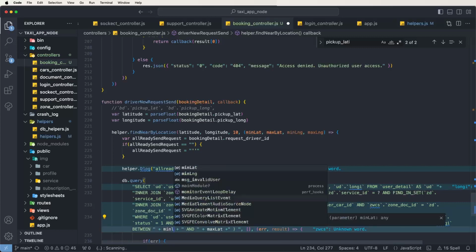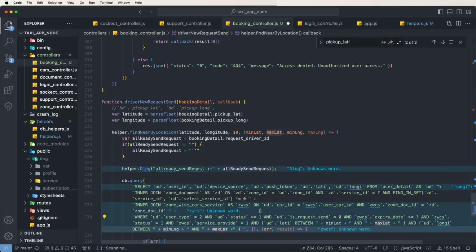Min long and max long, like this. Need to apply the between conditions, and then another AND condition need to apply for these functions, and write down here ud.is_block, maybe we need to check